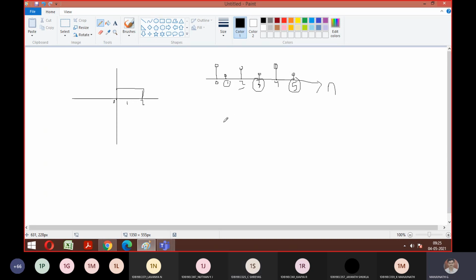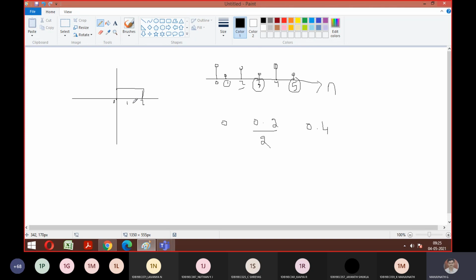See, there are rare cases where they may give the value itself as 0, 0.2, 0.5 and 0.4. Because here in scaling, they mainly give with respect to even numbers or odd numbers. They won't mention exactly like 0.2, 0.4. Even if they give, just stick with the procedure: I just need to divide by 2 or multiply by 2. If the signal is there, you just worry about that time period. If not, you can neglect that, not an issue. So anyhow, from 0 to 1, I am not going to worry about what is there between 1.1 to 1.9.